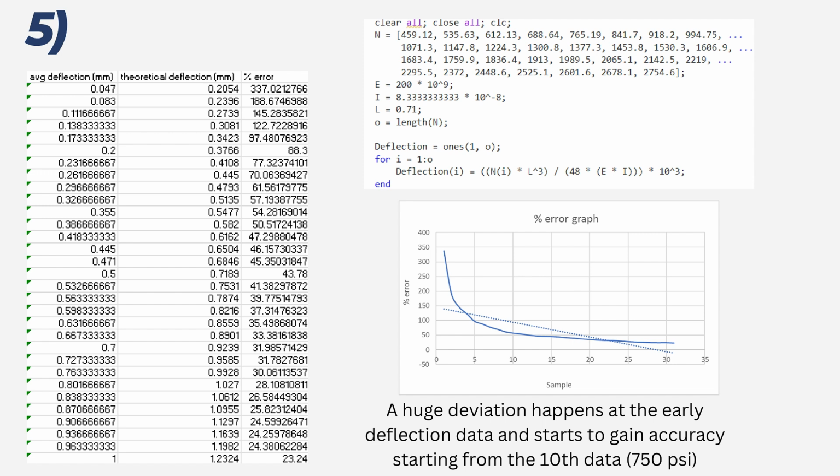It deviates up to 337% of error, and it starts to decrease and starts to be accurate at around the 10th experiment until the end, which has an approximate error of only 40 to 20%. While the percentage error is considerably high, we can see that the Young's modulus result later is considerably accurate when compared to the 200 GPa.